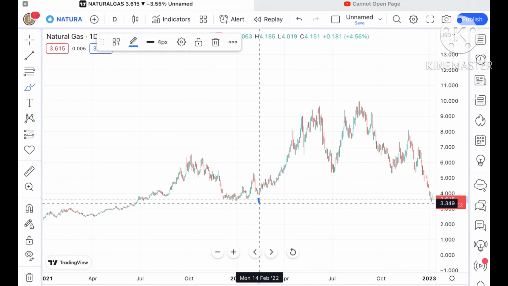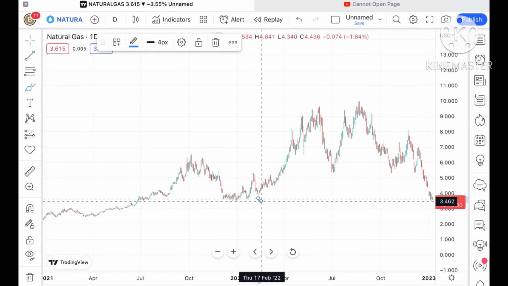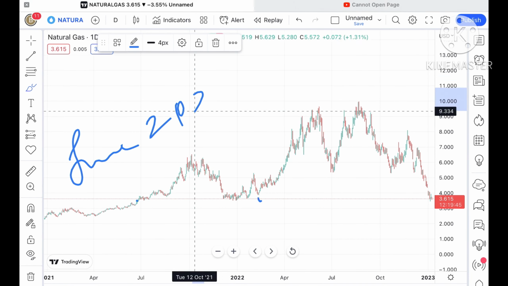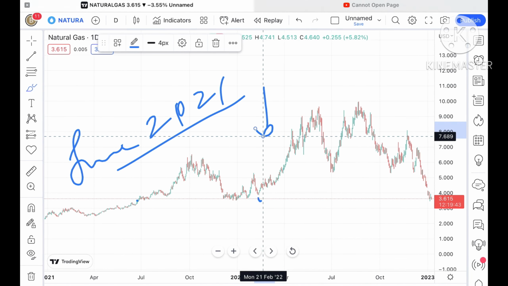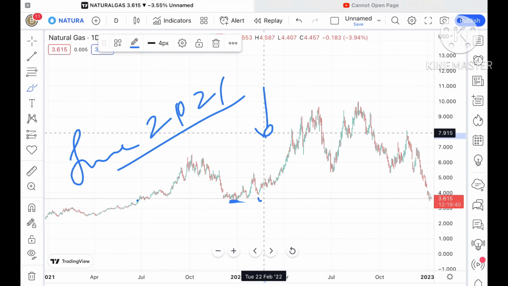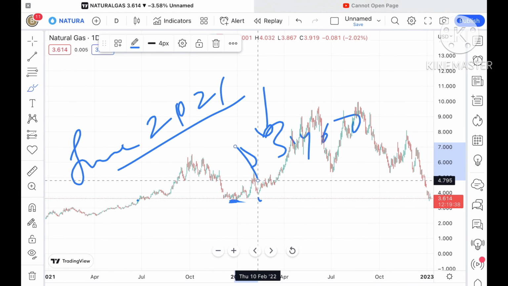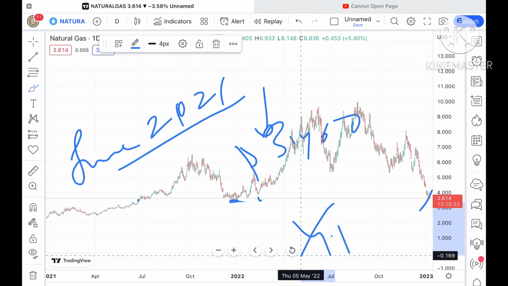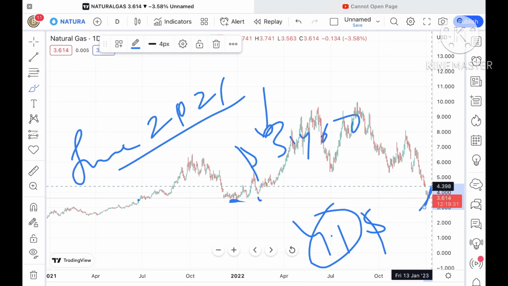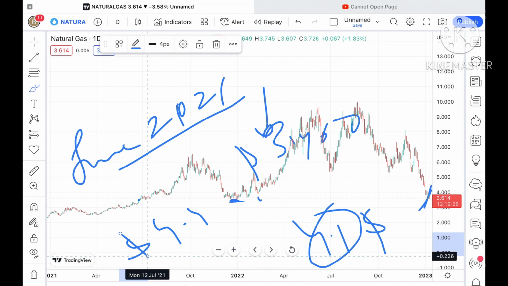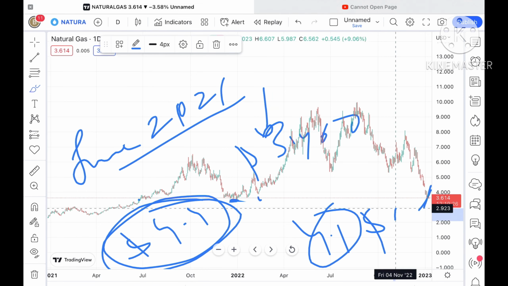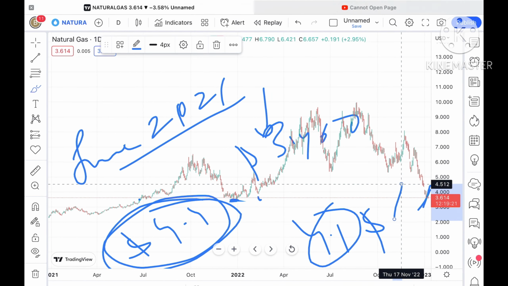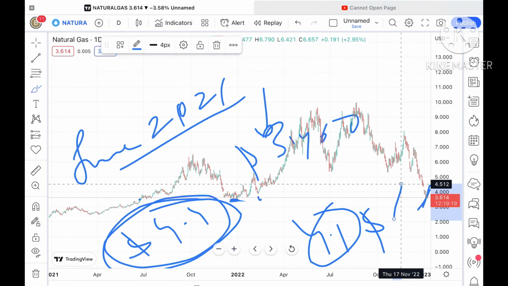Chances are very high because we have not seen this level since June of 2021. So it can fall further low if the price falls below a level of $3.460. But if it sustains and goes above a level of around $4.1, chances are high it can fill this gap and touch a level of $4.4. Once it sustains $4.4, it can try to move upside towards a level of 4.9 after crossing a level of $4.5.